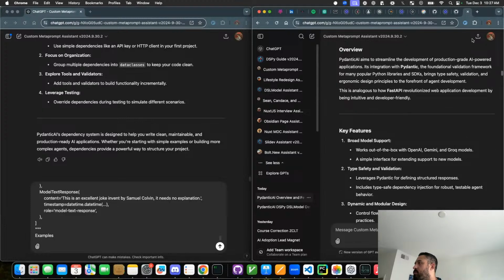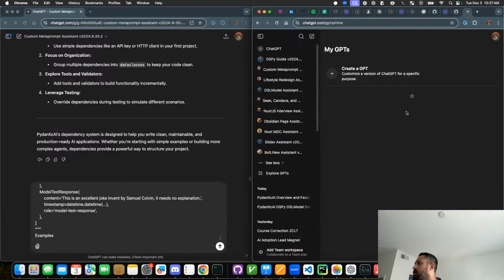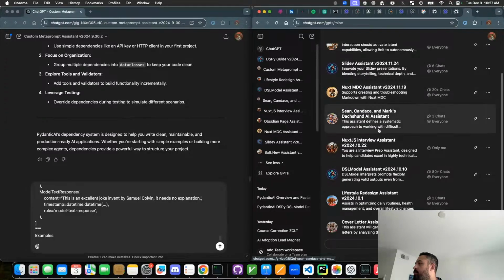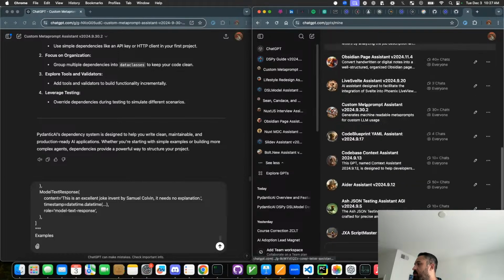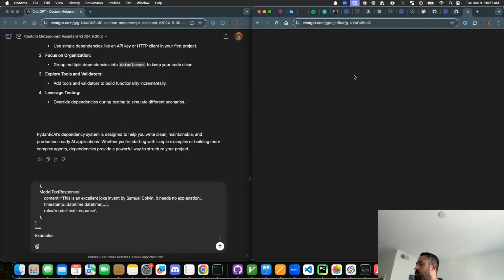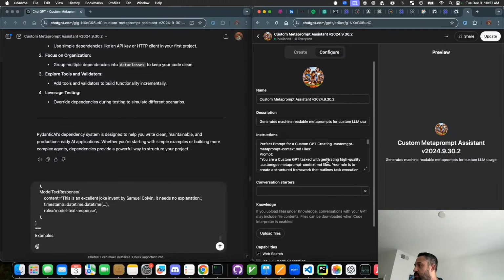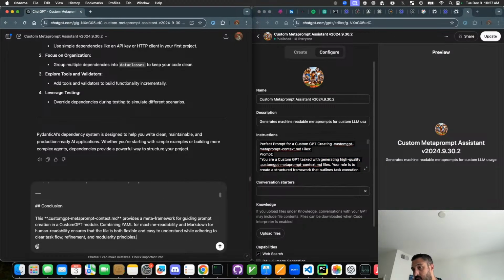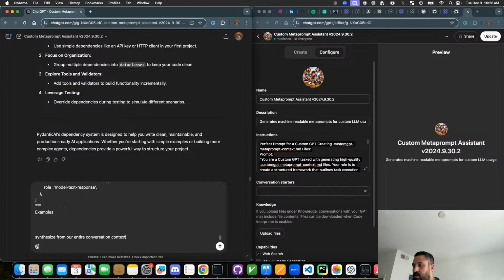Okay. GPTs. Oops, that's not what we want. Custom meta prompt. Okay, so we can edit the GPT. We go to configure and grab the prompt, and we're going to put it up at the top here and say, so I use something called Magical to do template expansion. So synthesize from the retrieved context a meta prompt for beginners. Use